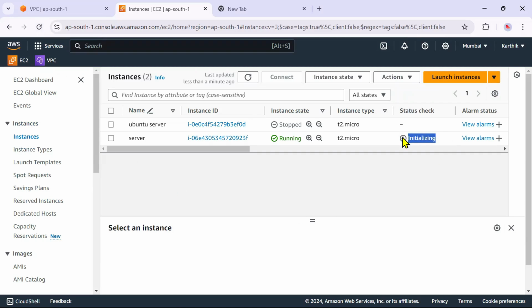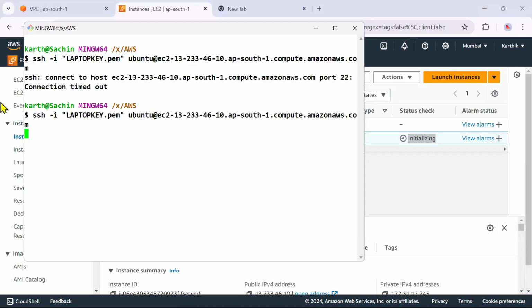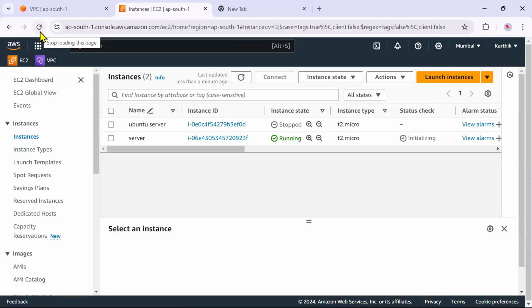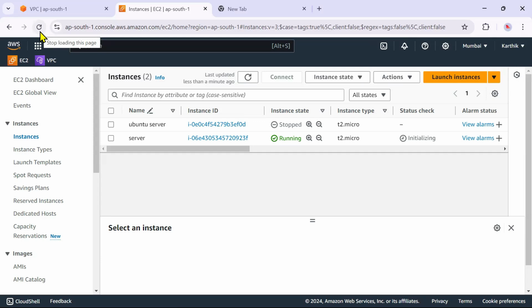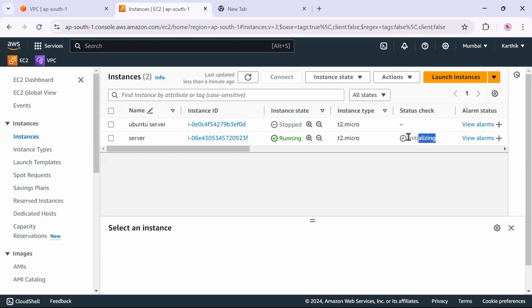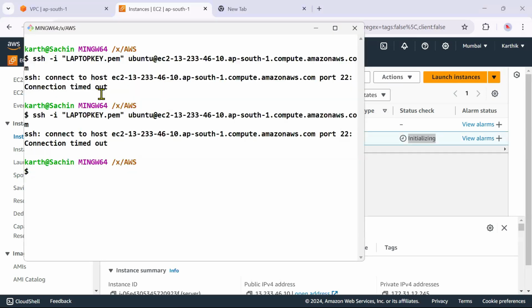Just wait for a second. It has to change its status. Let me try again. Oh, it is taking so much time. Just create a security group and try to create an EC2 instance out of it.